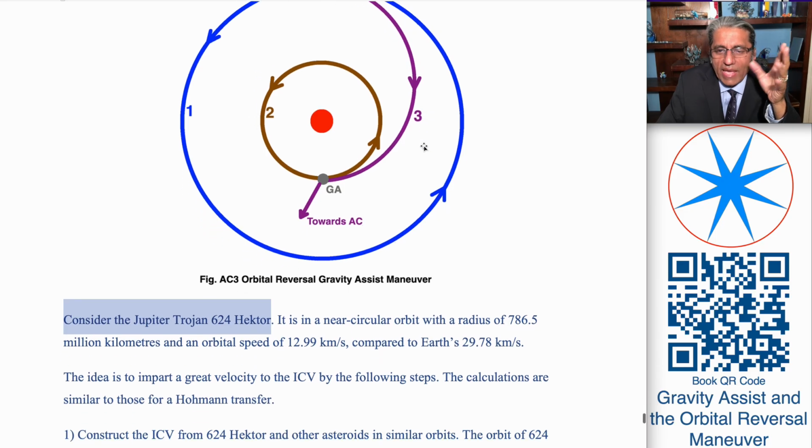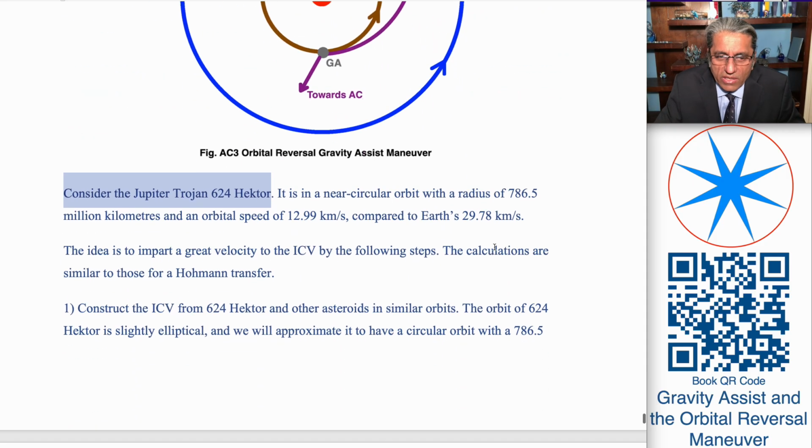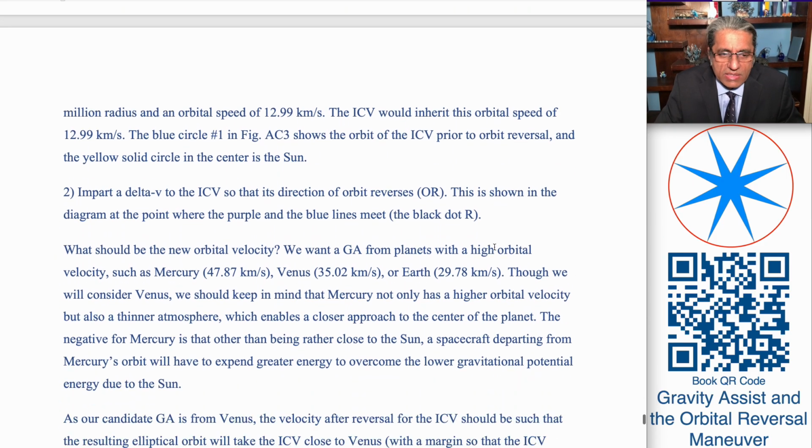And then the question is, okay, instead of going through all this trouble, why not simply take this Jupiter Hector 624 and add that velocity, add delta V, and send it towards its destination. And then if you do the calculation, what you find is that